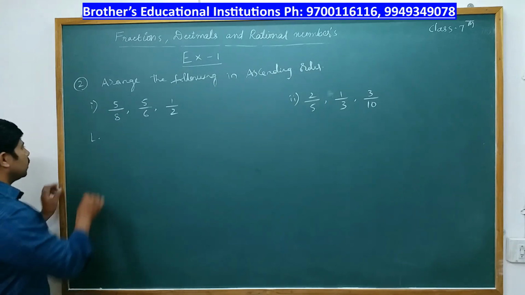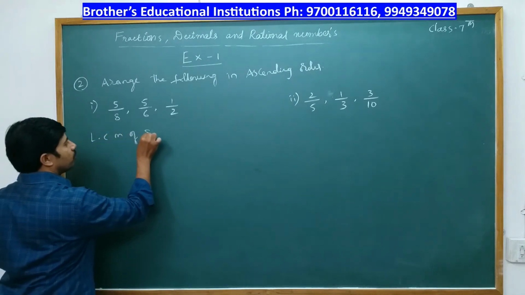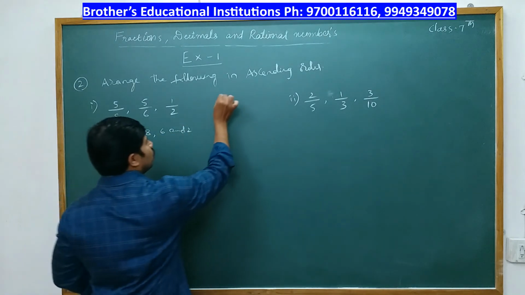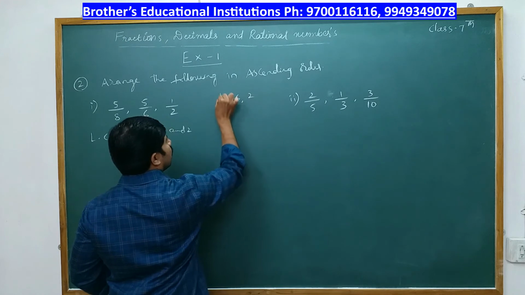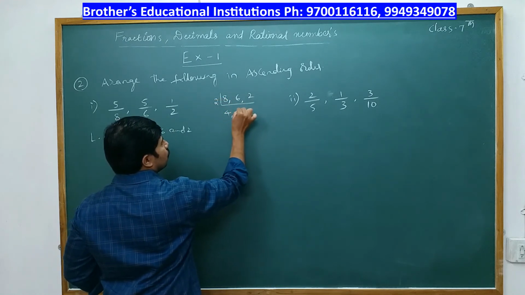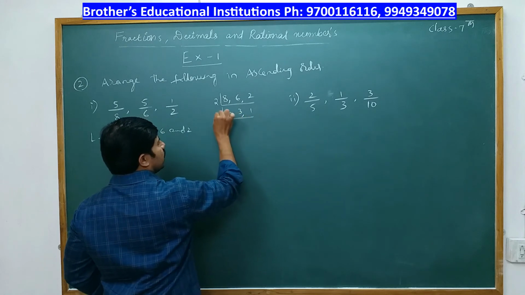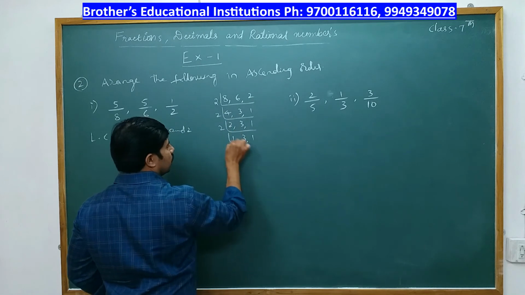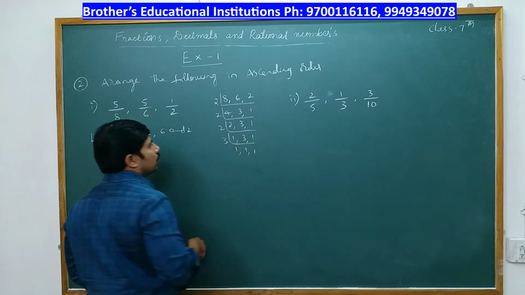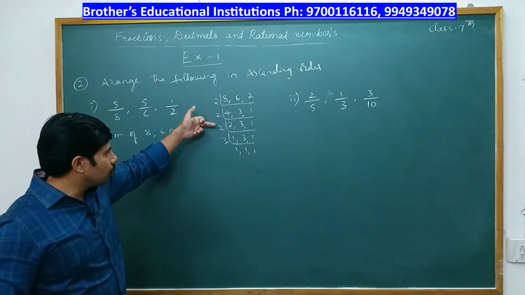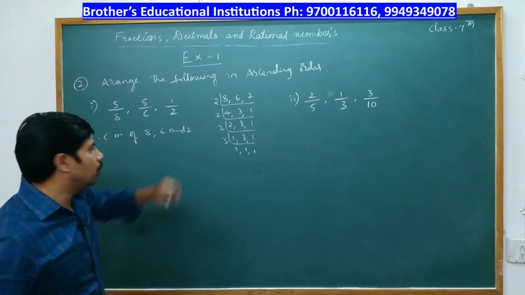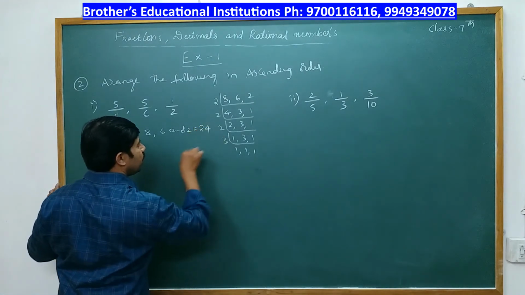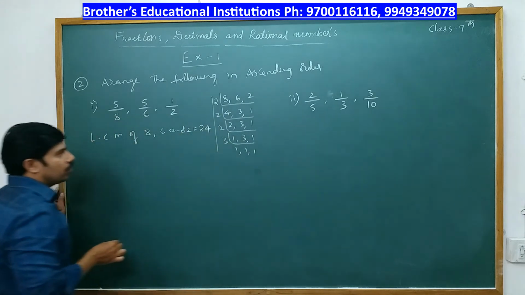So for that, I'll take the LCM of 8, 6 and 2. So what is the LCM of 8, 6 and 2? So you have 8, 6, 2. All are even numbers. So I'll start with 2. 2 4s are 8, 2 3s are 6, 2 1s are 2. We have an even number, 2 2s are 4, 3 down, 1. Again 2, 1, 3, 1. So we have only option 3, 1, 1, 1. So we'll multiply this. 2 2s are 4, 4 2s are 8, 8 3s are 24. So the LCM we get is 24. Okay. So we got 24 as the LCM.